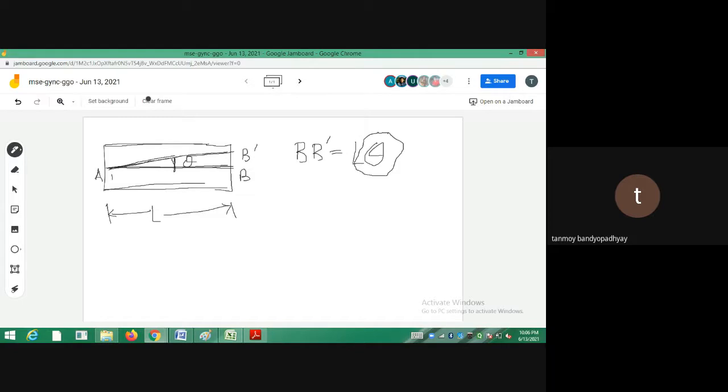By warping, what I meant is, suppose initially the line was like this, and then the line gets twisted like this. Assume it wasn't fixed at any end. Initially it was something like AB. After I twist it, it gets something like this. It was straight beforehand, and after twisting it also remains a straight line. It doesn't cause a warp in the length of the beam.